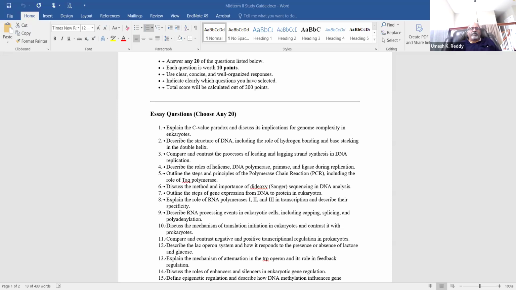So what happens at polyadenylation? A stretch of adenine nucleotides, that is the poly A tail, is added. About 200 poly A's will be added. Adenine nucleotides are added to the 3' end of the transcript. So what is the use of it? It enhances stability and it also aids nuclear transport.